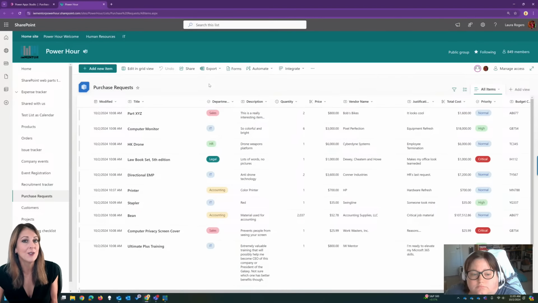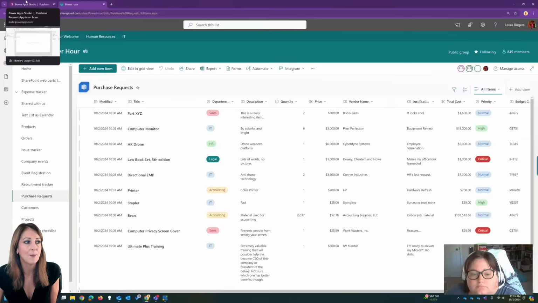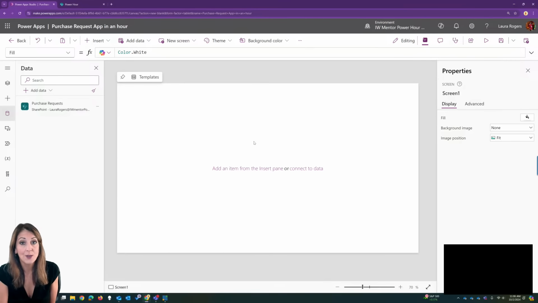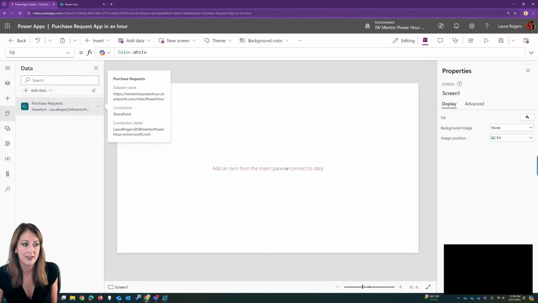But what I generally do when I'm building, in the real world, is I build the app so that users don't necessarily need to go, and they're not expected to go straight to the list. They're going to be interacting with that data in the app purely. So here's my app. I've got my list, got my data here, and I'm going to start with just building some